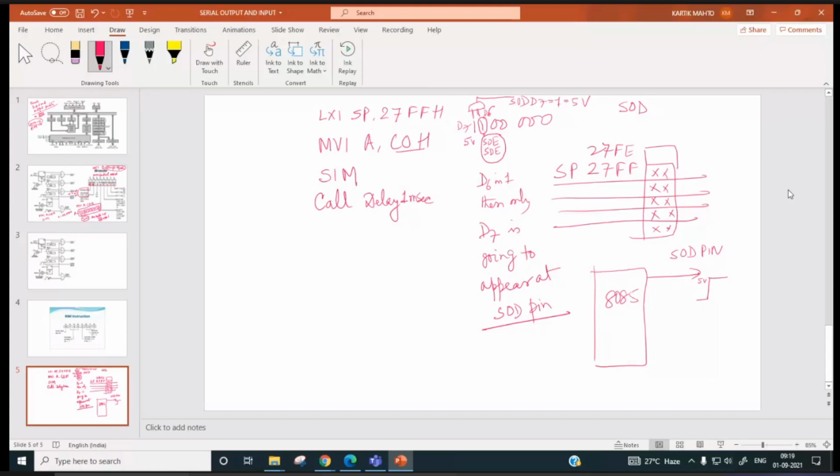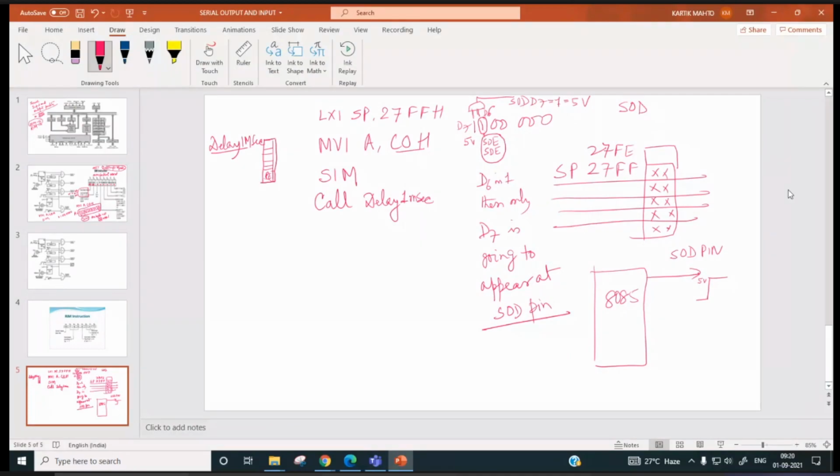The processor will branch to a delay subroutine, delay 1 millisecond. The processor will branch from here and go over here, where we have a delay program of, say, 1 millisecond, and in this delay subroutine finally we will have a return instruction.